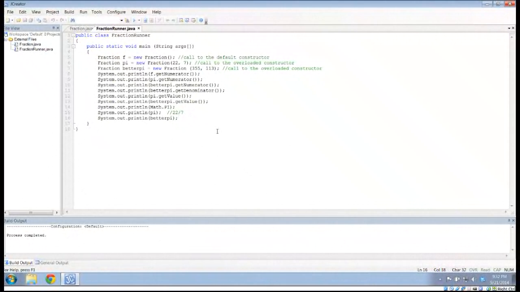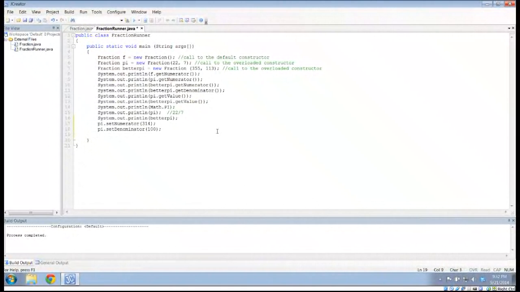Let's do pi.setNumerator, and I'm going to set my numerator to 314, and I'm going to do pi.setDenominator to 100. So now our estimate of pi is 314 out of 100, or